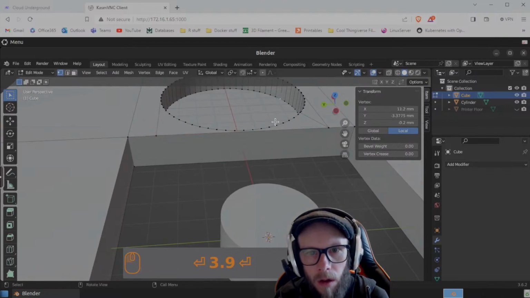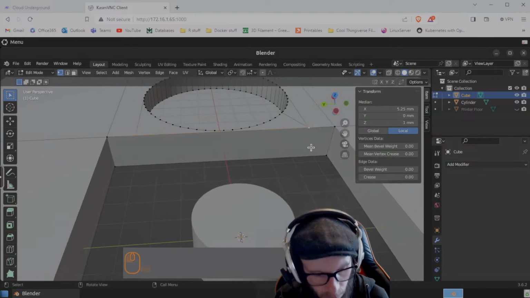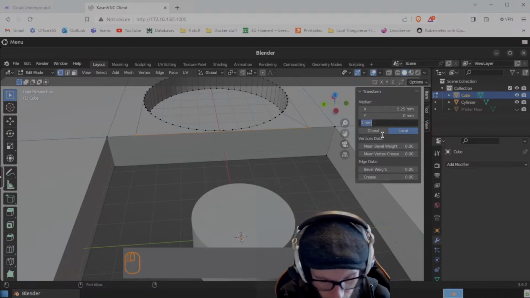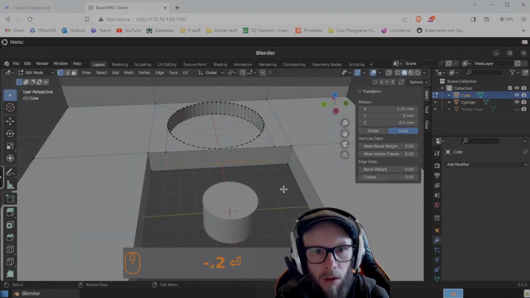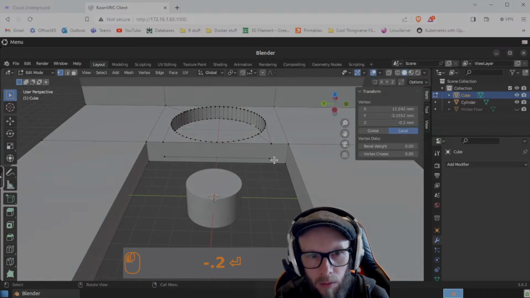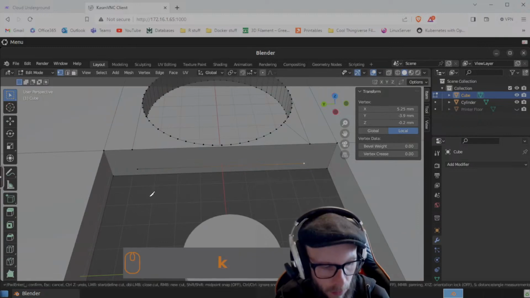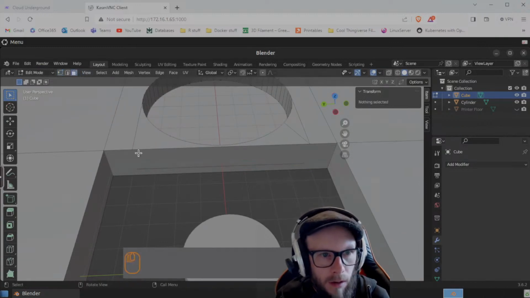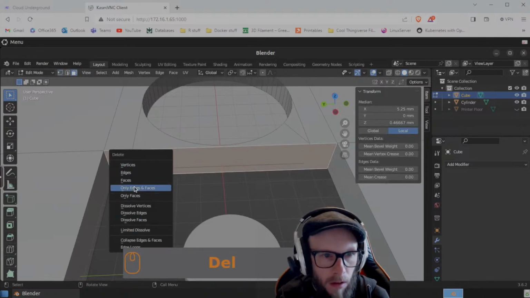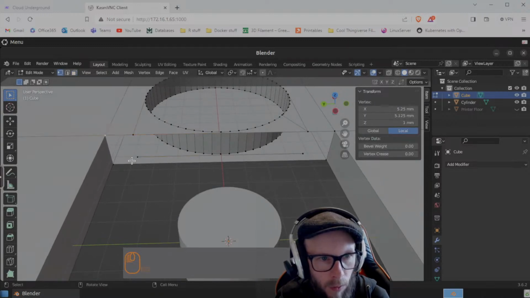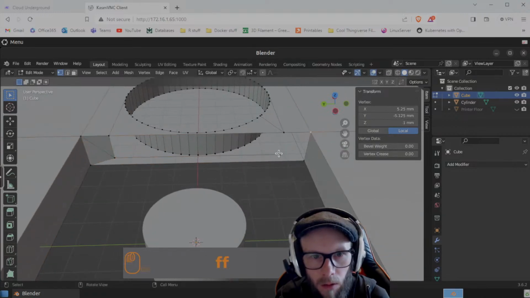Now, this is at z minus 0.2, so let's y, and then minus 0.2. Perfect. Minus 0.2, minus 0.2. Okay. And then let's, oh, I can't do that. Let's just delete this face, and we'll make some new faces